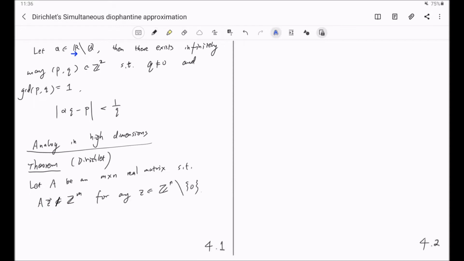That is the analog of this condition in high dimensions. Then the theorem says there exist infinitely many